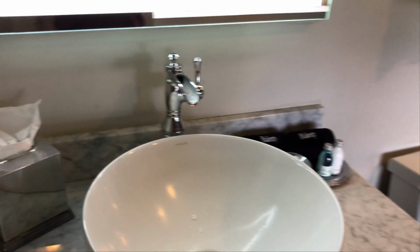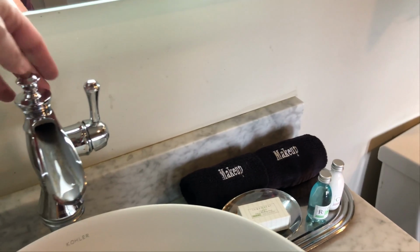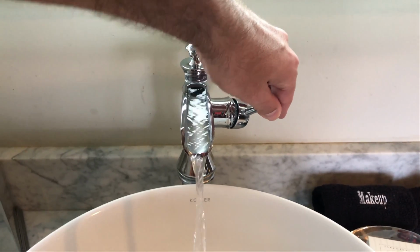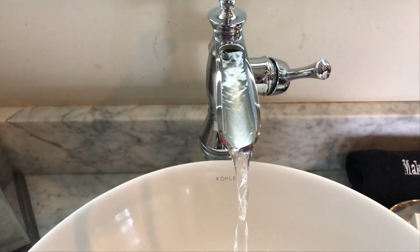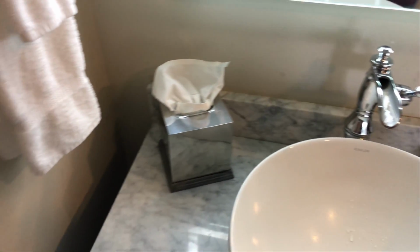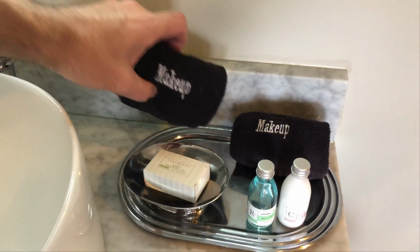So what we have here is a box of Kleenex. Oh, there we go. So I guess that's hot and cold running water, and it runs down this little trough here. Isn't that neat? I wonder how much that cost. So we have a towel on the wall here, and both of the lights are on. It's dark in here. We have makeup towels,